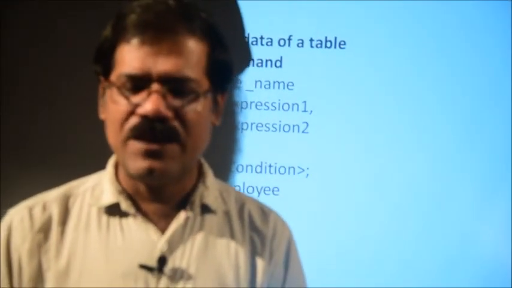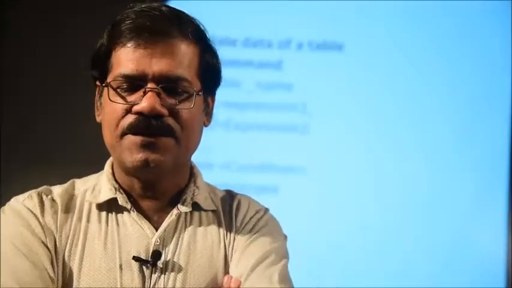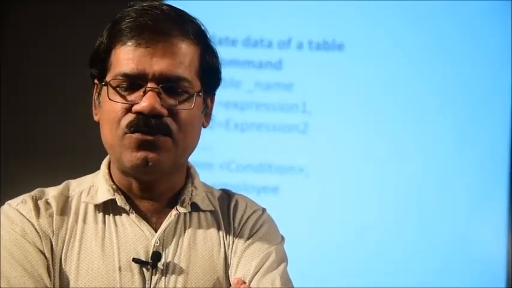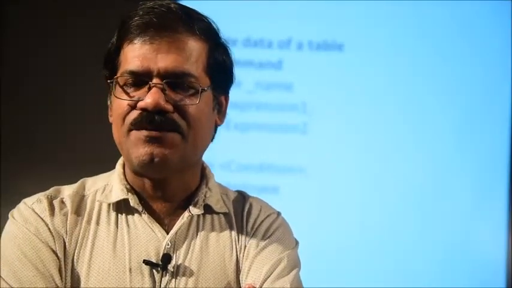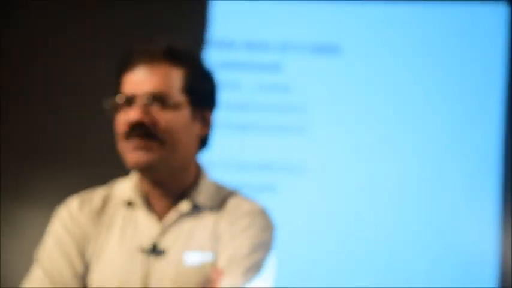Then you provide the condition. What is the condition? Employee number 2, whose salary you can change, update. So the new salary you set as 50,000. Let it be initially 40,000, you make it 50,000, or maybe the salary is cut, maybe initially it was 55,000, you make it 50,000. It may increase or decrease, I don't know, but you have to change it. The previous value, whatever it may be, will change to the updated value 50,000.